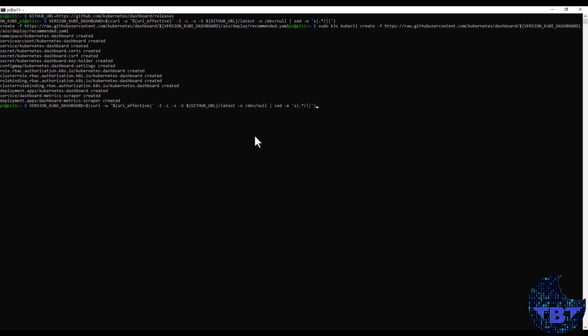Let me go back to make this more readable. Okay, so here's the command. The first line, GITHUB_URL, and then the URL for the Kubernetes dashboard. Then after that is to pull out the latest version number. So it's a command that does some finding using sed for that latest version, and then stores that into a variable. And then we have that command that does the kubectl create passing the deployment YAML file, and that creates the dashboard. So now if we look,